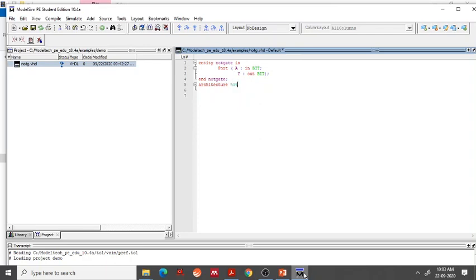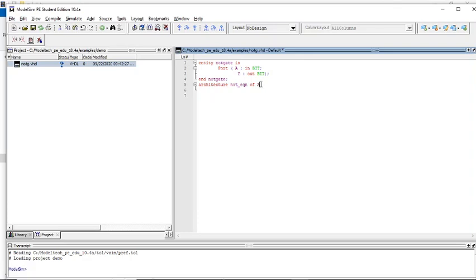So NOT equation of NOT gate is begin. We are writing the architecture for the entity NOT gate.